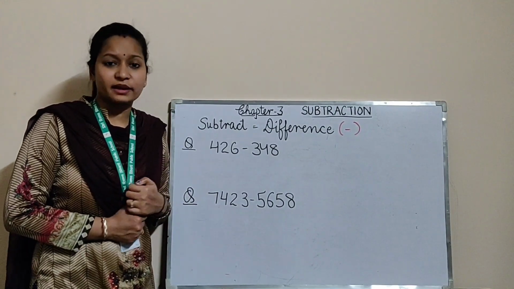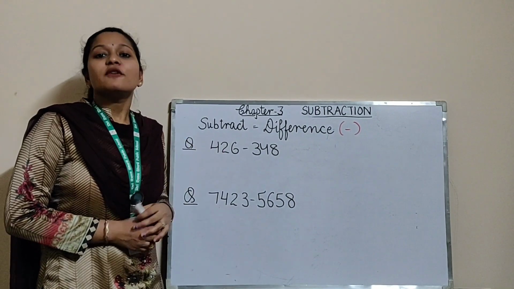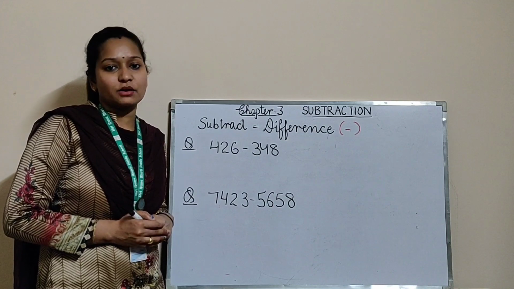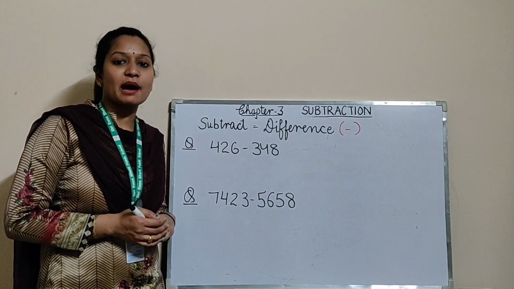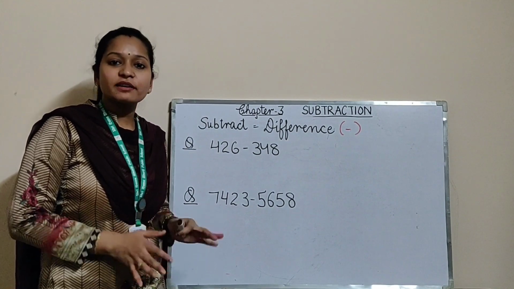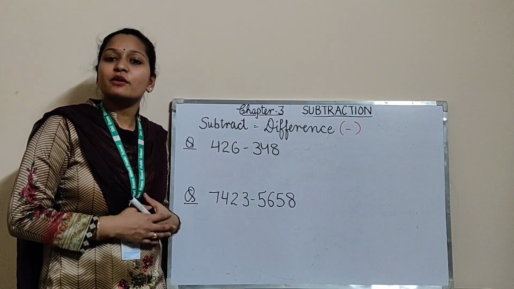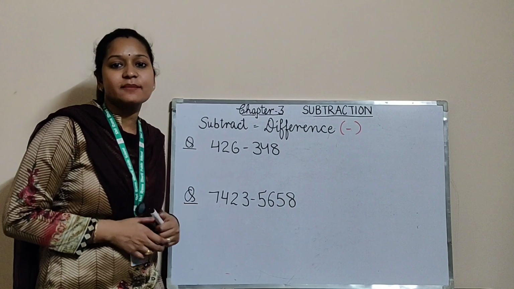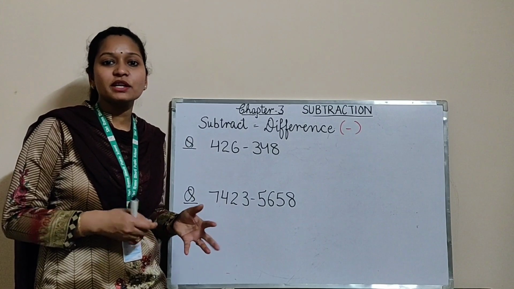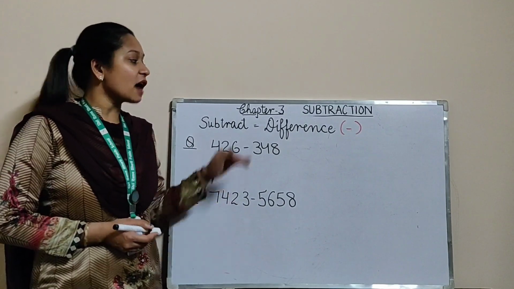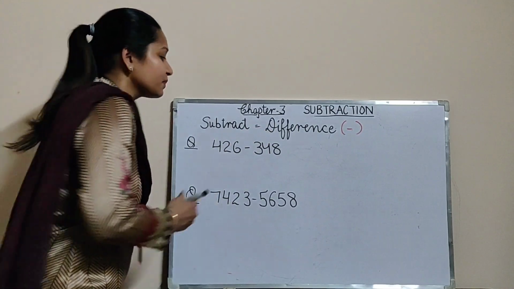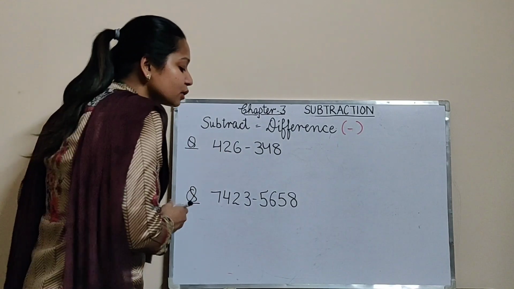Also, I want to tell you one thing. Why do we subtract? For example, let's take a story. In my garden there are 2000 mangoes, but when I went the next day, 500 mangoes had fallen down. How many mangoes are left on the trees in the garden? So how would I count? If there were 10 or 20, I can count them. But if there are 2000 or more, we need to do subtraction. This is the reason why in some questions we do subtraction. So let's move to our first question and see how we do subtraction.